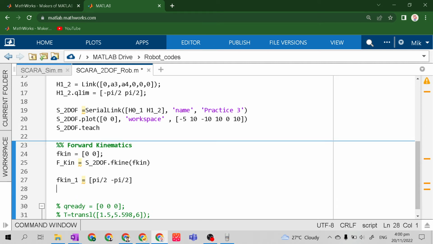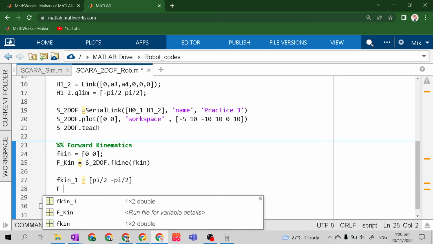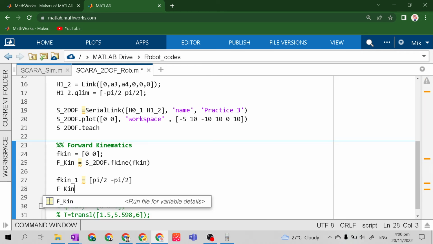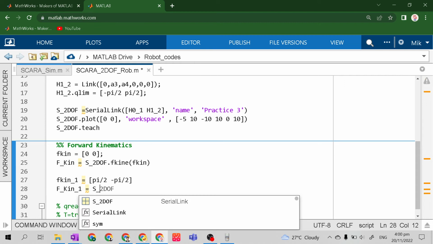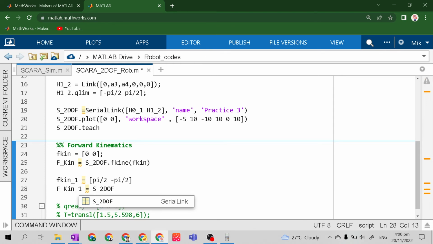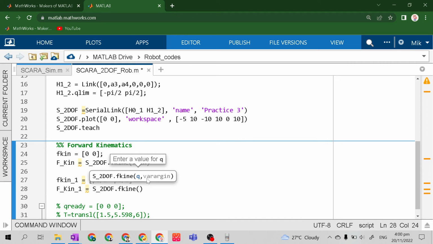Next, fkin underscore 1 is equal to s underscore 2dof dot fkine, and inside the parentheses is the variable fkin. So if we run this,